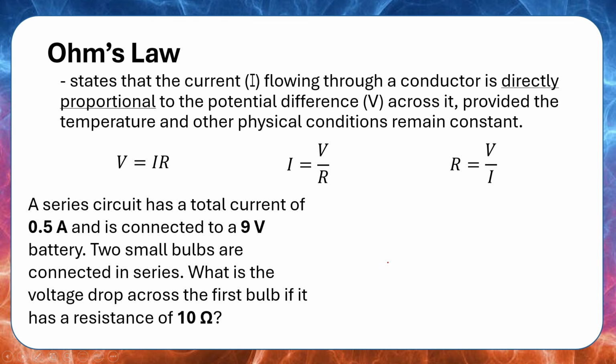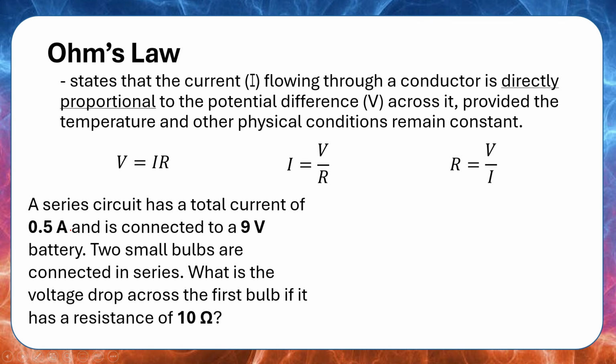A series circuit has a total current of 0.5 amperes and is connected to a 9-volt battery. Two small bulbs are connected in series. What is the voltage drop, or the voltage, across the first bulb, or R1, if it has a resistance of 10 ohms? Of course, since there are two bulbs, there are two R's involved,